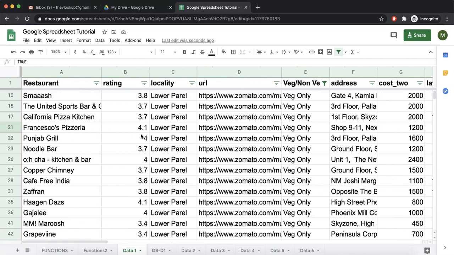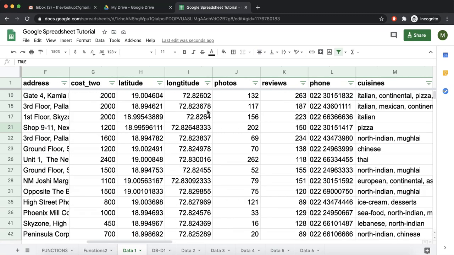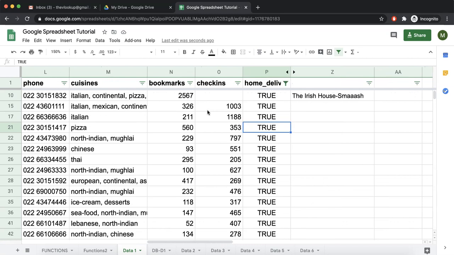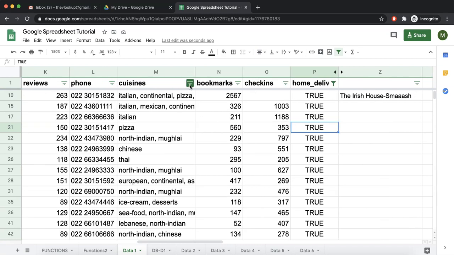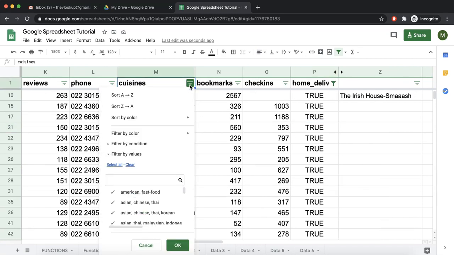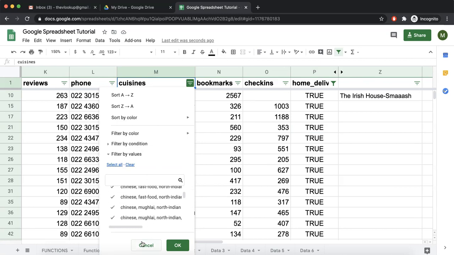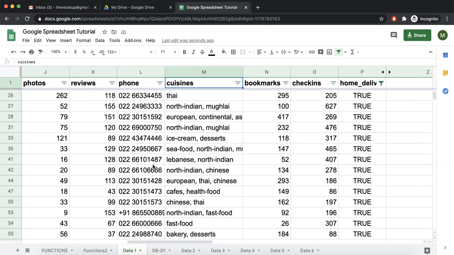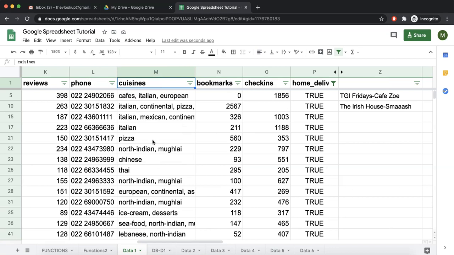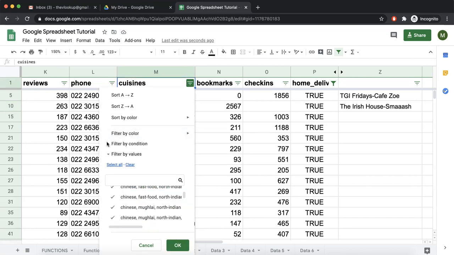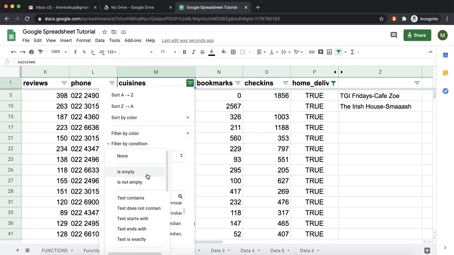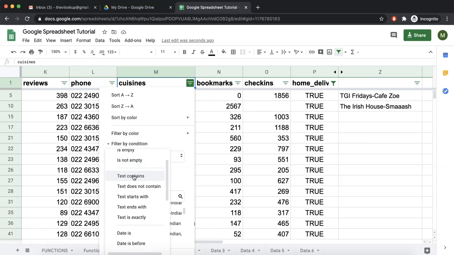Now let's say how many restaurants are there that have home delivery true, are veg, and cuisine is Italian. Now we cannot choose anything from here because there will be some rows which will have just Italian, there will be some rows which will have Italian plus something else. So we cannot simply select that I want this particular value. So what we can say is there are multiple conditions. If we go to filter by condition, you will get one thing called text contains.